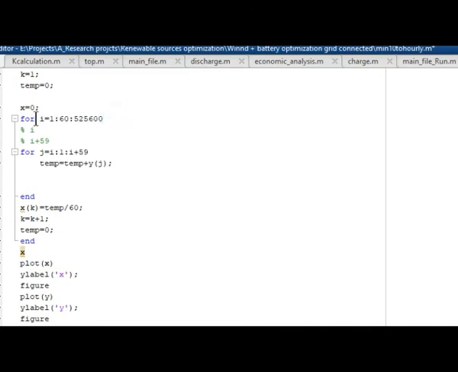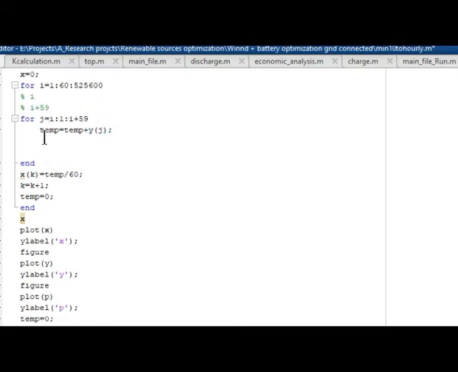So the for loop will run from 1 to that point with an interval of 60, and inside that loop we have a for loop that calculates the average of an hour, running from 1 up to 60 for the first case, and that summation is stored in the temporary variable. Then dividing that temporary variable by 60 gives the average for an hour, and storing that at position k.